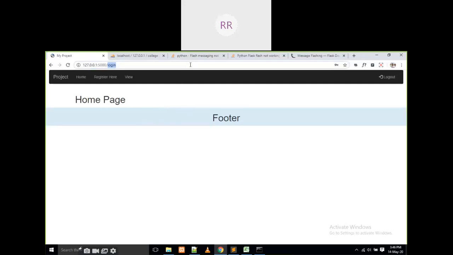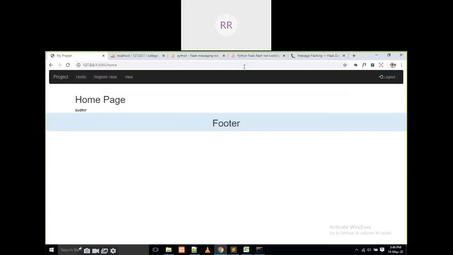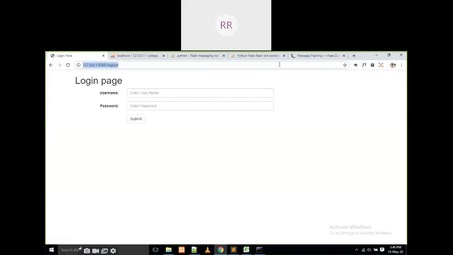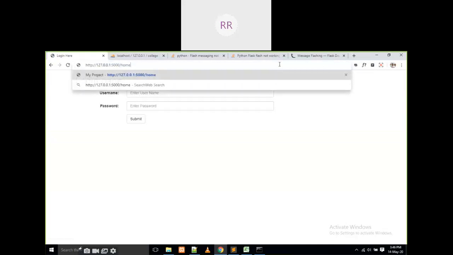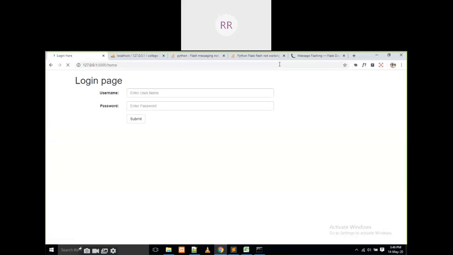Okay, for example, I am going to copy this one now and log out. That means I am going to set that one to false. Now I am going to write slash home. Yes, slash home. If I press it, it is not moving. If you observe here, it is not moving into home.html.